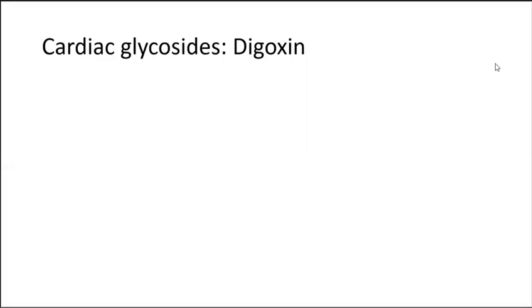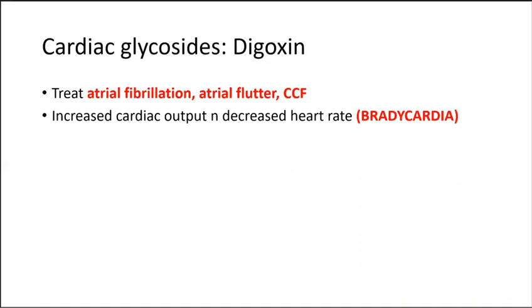Welcome to today's course, and we'll start with cardiac glycosides with our digoxin or Lanoxin. Cardiac glycosides are medicines that are used for treating heart failure and certain irregular heartbeats. So generally, we use them to treat atrial fibrillation, atrial flutter, and congestive cardiac failure. Digoxin has this positive